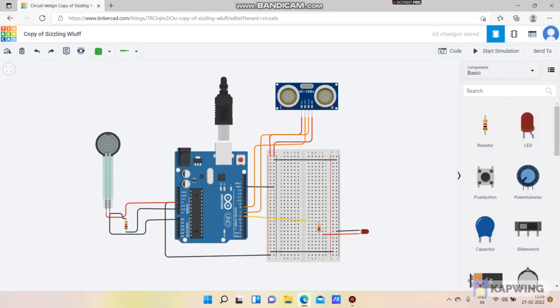I will explain the Tinkercad model for our DIY project, that is recognition of human activity in space. I belong to Group 14. So as you all are able to see, there are 4 basic components which I have used. First one is the Arduino Uno, second one is the ultrasonic distance sensor, and there is a breadboard which I have used for various connections, and there is a force sensor which I have used to sense a particular range of force.